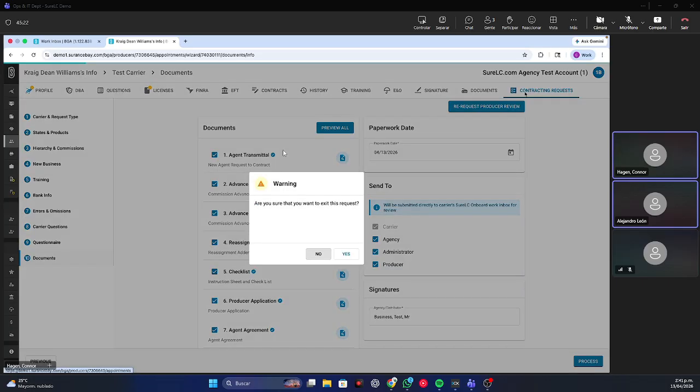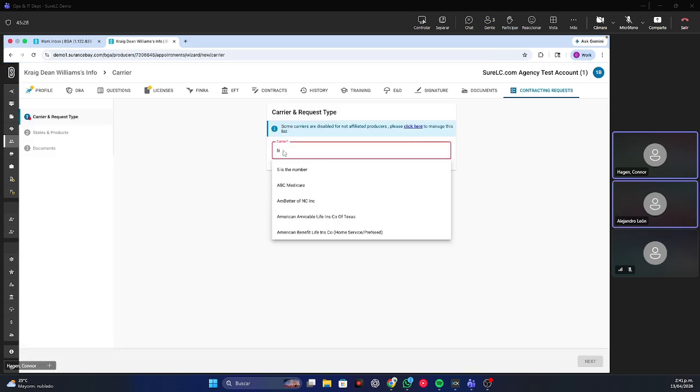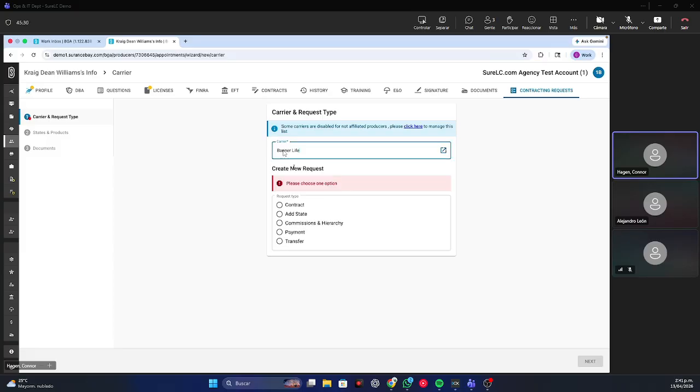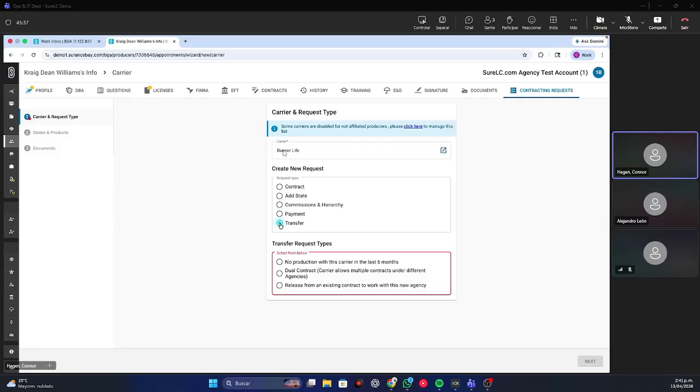Yeah, so you can definitely do other things other than just a contract. So if we did a contract, if we selected, let's say, Banner, and we wanted to add an additional state, or change commission on a hierarchy, change payment, or transfer to another organization, all that can be done right through here. Perfect. Okay. Now, please, the contract release from existing contract. So all these